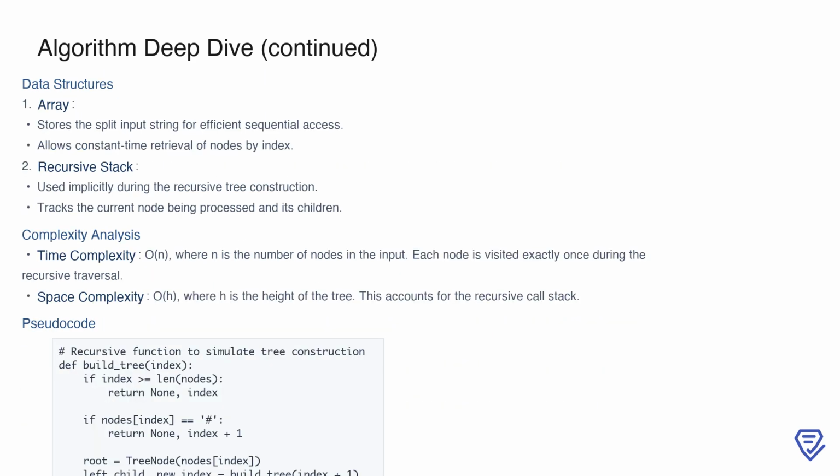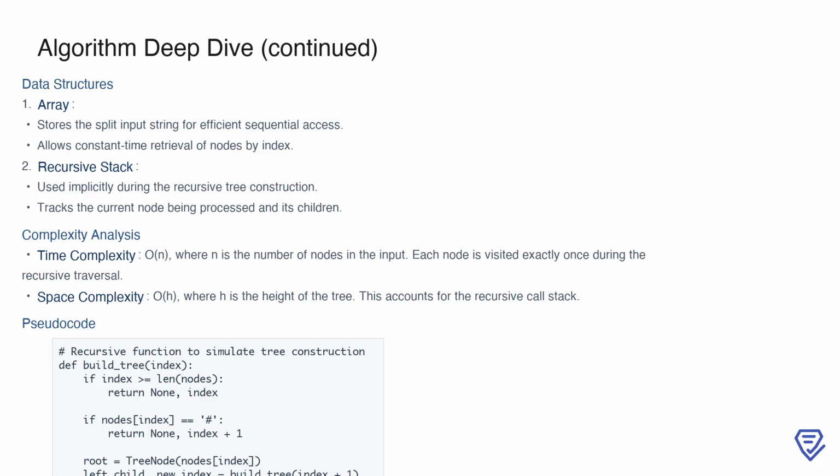To implement this approach, we rely on two primary data structures. First, an array is used to store the split input string, making it efficient to access nodes by index. Second, the recursive stack is implicitly used during the tree construction process. This stack keeps track of the current node being processed and its associated children, allowing the algorithm to backtrack and